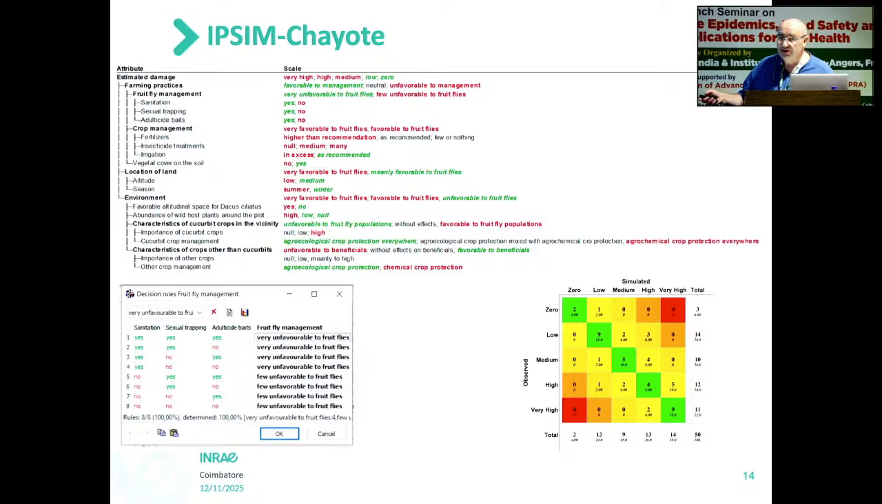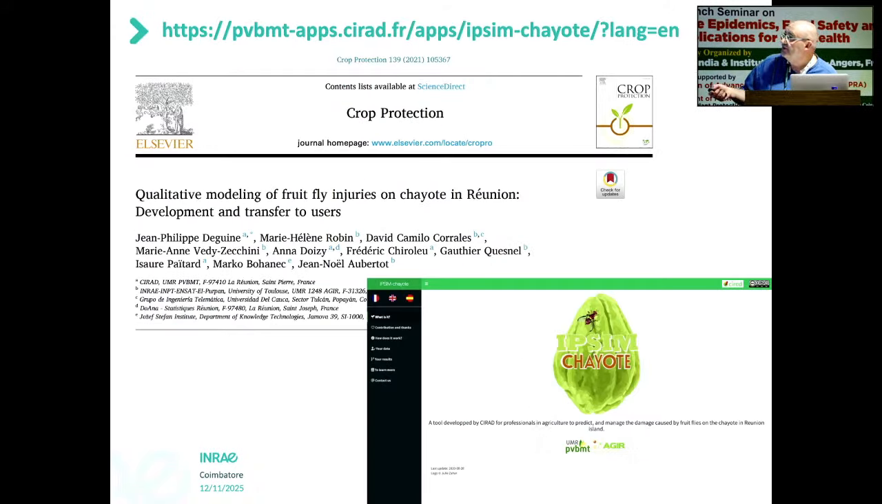I will not go too much into detail, but it's a simple decision tree that you build using expert knowledge because there were not so many articles available. And this is what we call a confusion matrix, which represents the quality of prediction of the model. If you're interested, there is a paper, and now I will try to switch to an online platform to demonstrate this